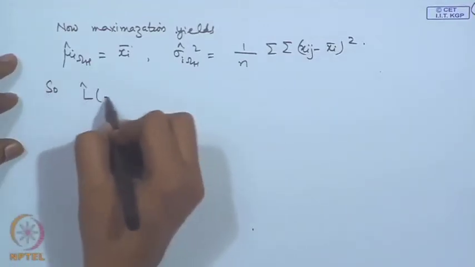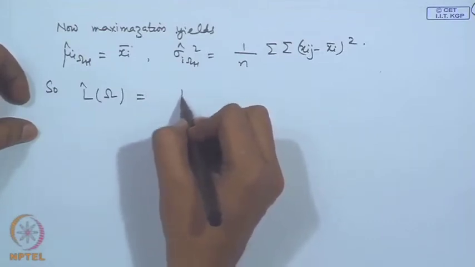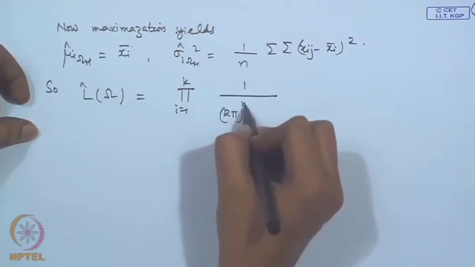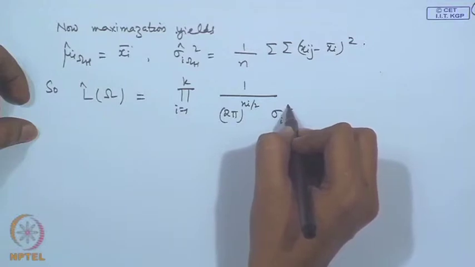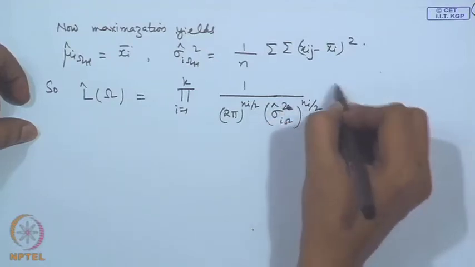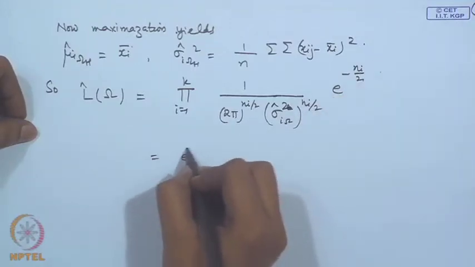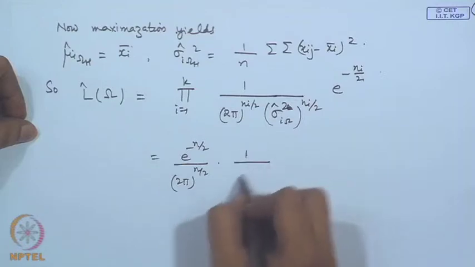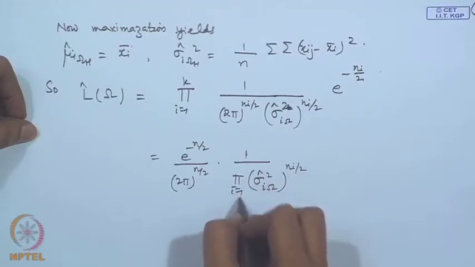So, L hat omega and L hat omega h can be calculated. I will write down the simplified expressions here, that is product i equals 1 to k, 1 by 2 pi to the power n_i by 2, sigma_i omega hat square, to the power n_i, and then we get e to the power minus n_i by 2, that is equal to e to the power minus n by 2 divided by 2 pi to the power n by 2, 1 by product sigma_i omega hat square to the power n_i by 2, i equals 1 to k,